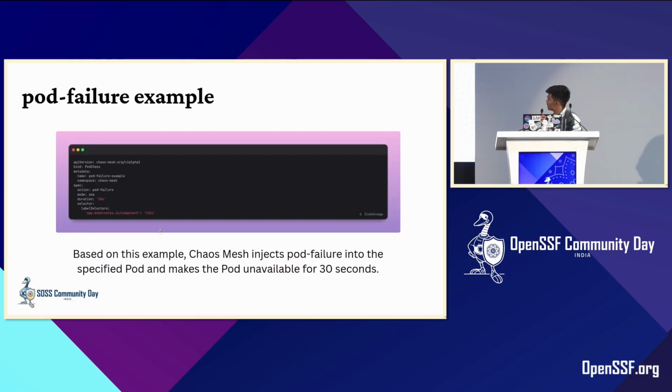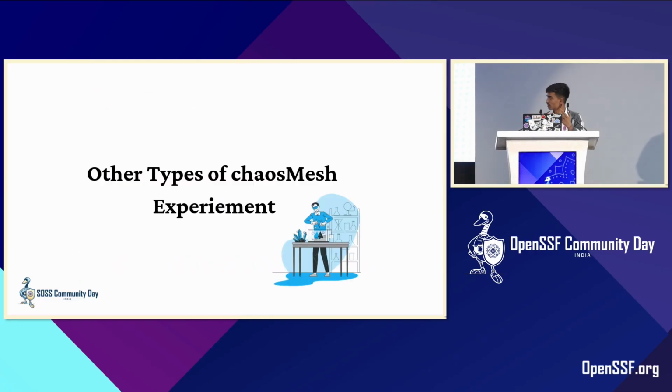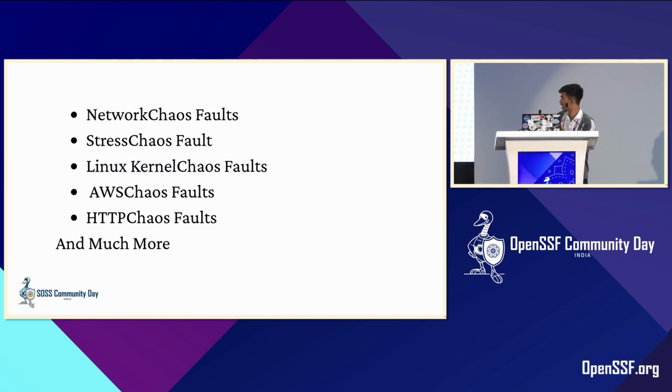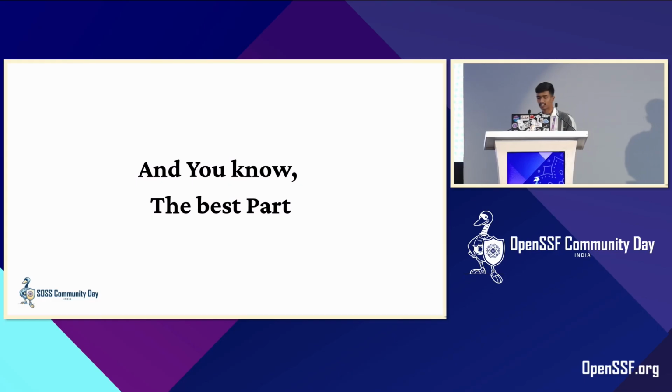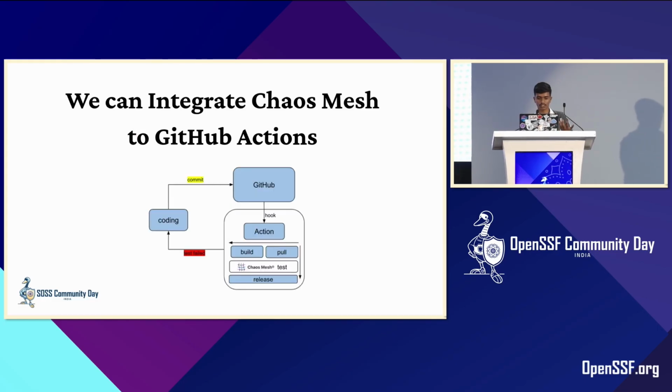So this is a basic example of a pod failure. As you can see in the YAML file, there is an action, pod failure, and the duration is 30 seconds. So what ChaosMesh is doing is injecting the pod failure into the specific pod and making the pod unavailable for 30 seconds. That is one of the ChaosMesh experiments, and there are other experiments too, as I have mentioned. And the best part, as we all know, is that we can integrate ChaosMesh into GitHub Actions,